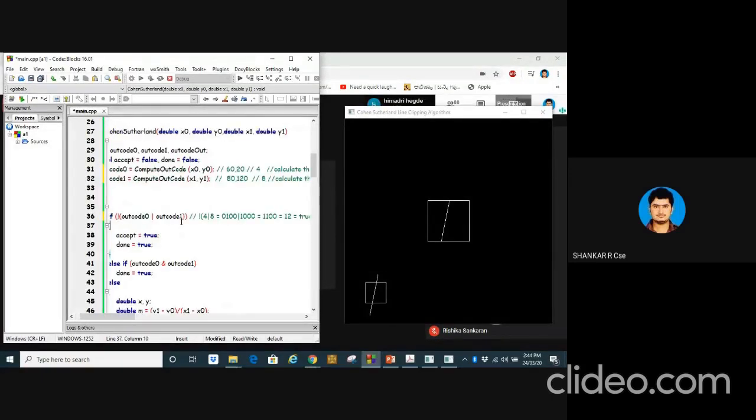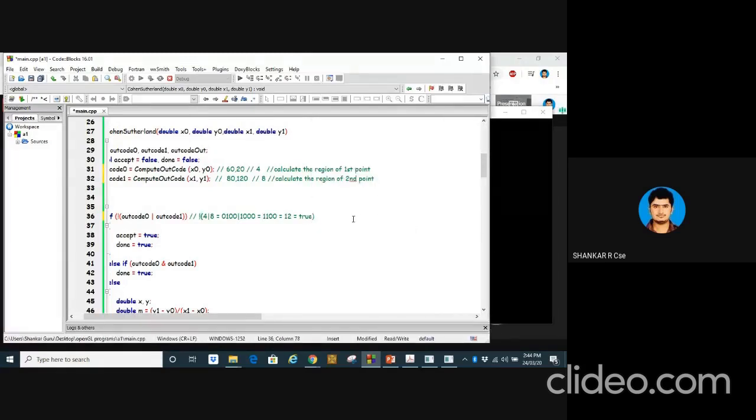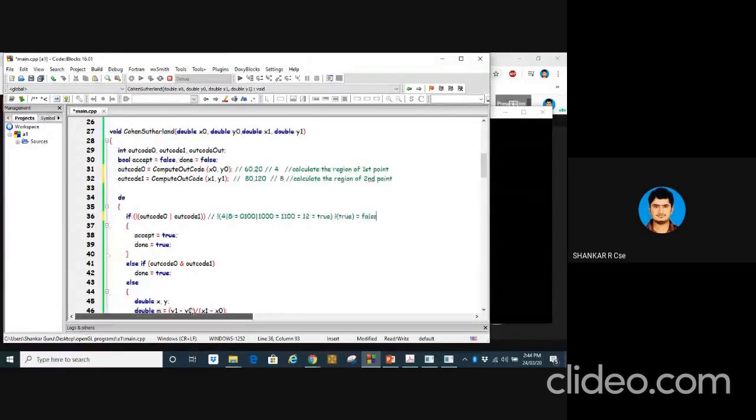So it becomes something like this. It will now get calculated as if not equal to 0 OR true, which will now translate to false. So if false, the control will not go here. It will now come here, which says